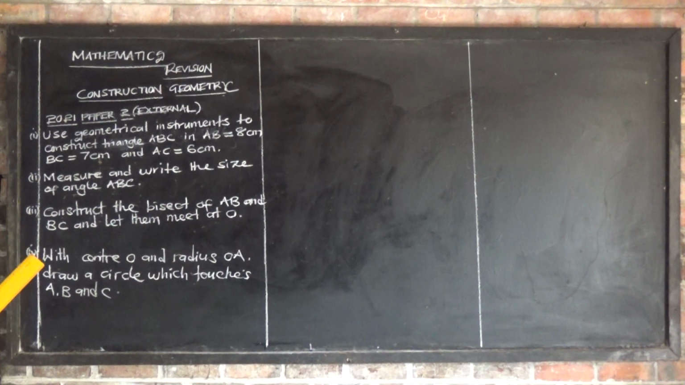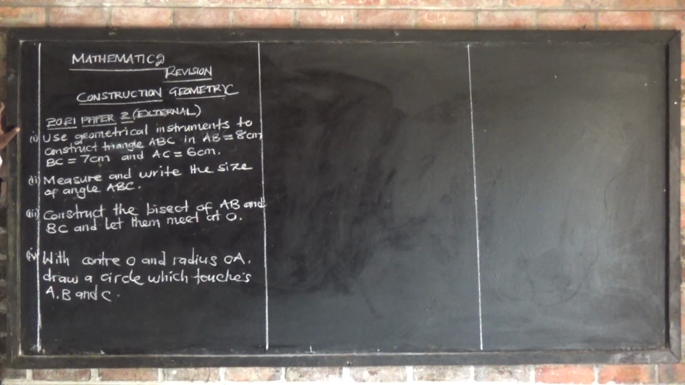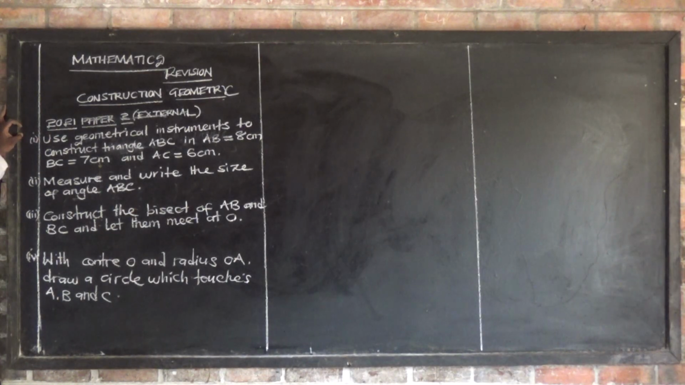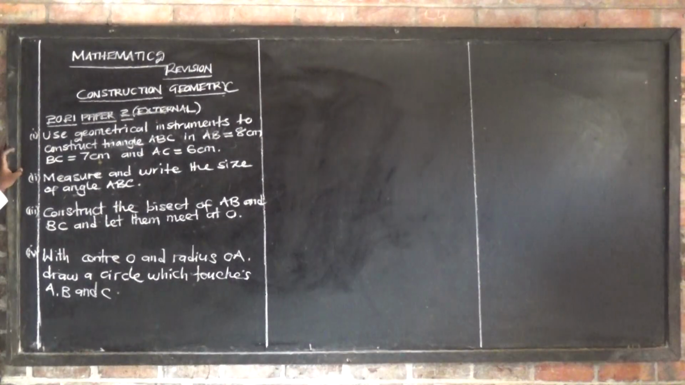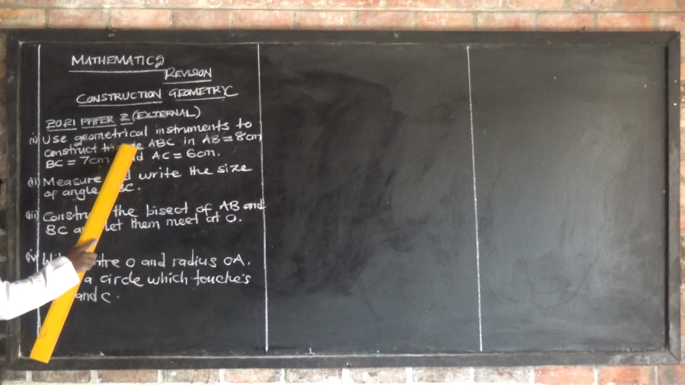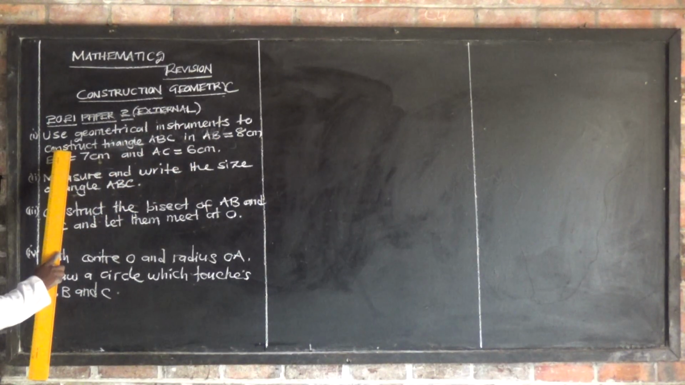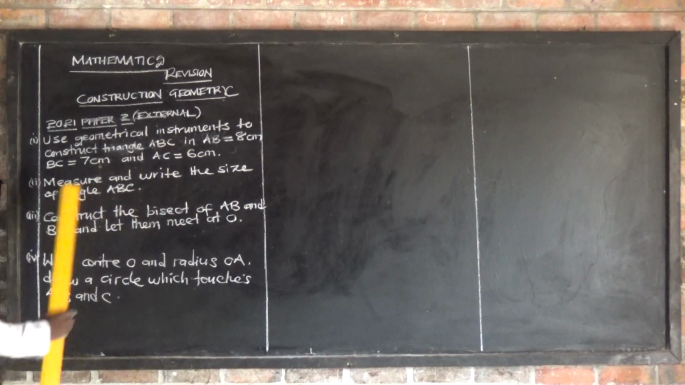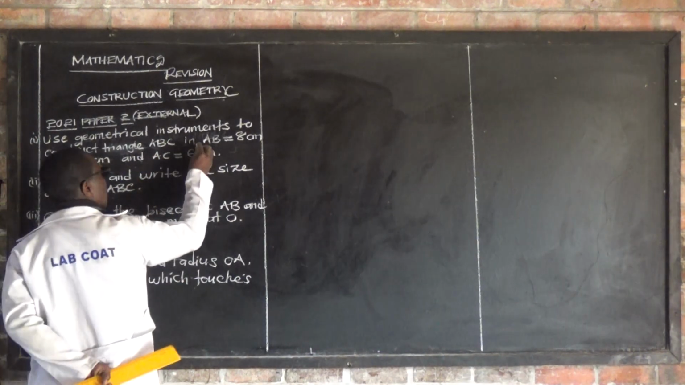So let's look at the 2021 paper 2, external examination on construction and geometry. Roman numeral 1 says: use geometrical instruments to construct triangle ABC, in which